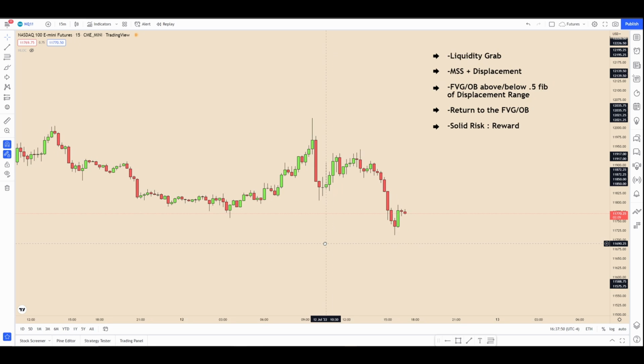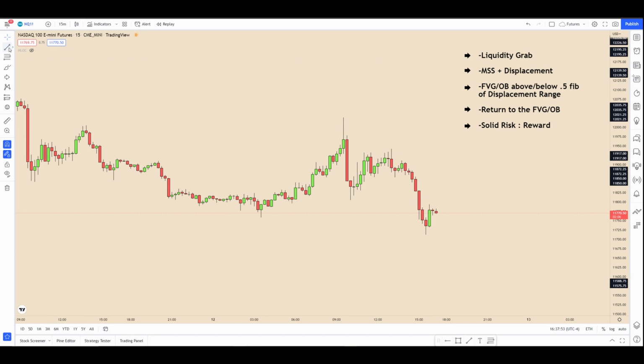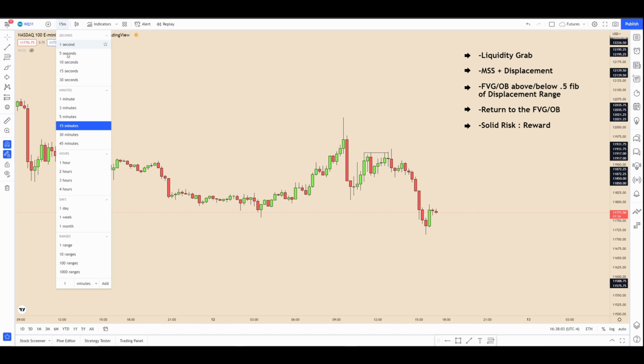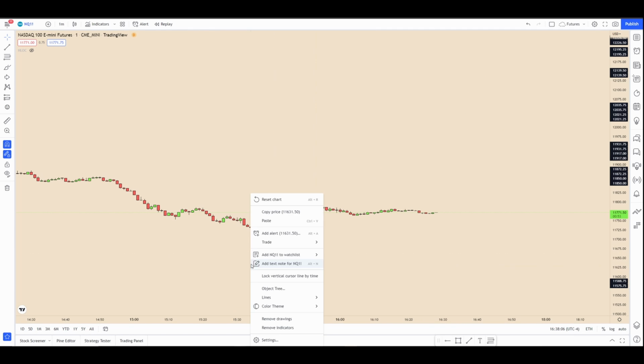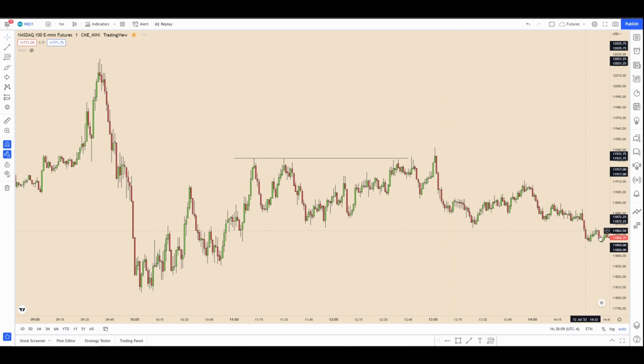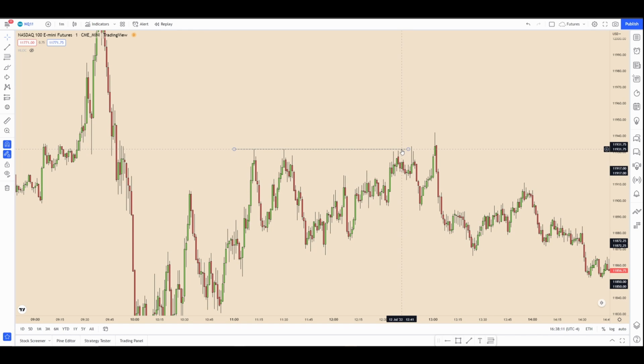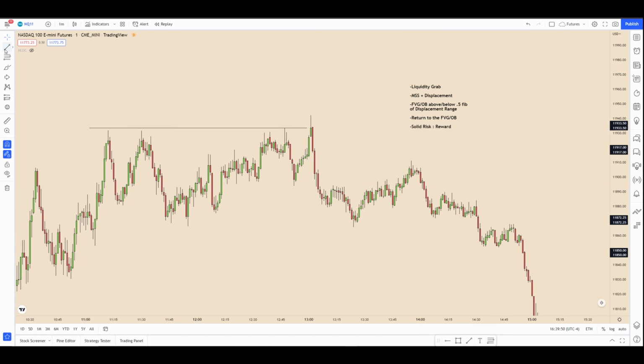So the first thing we want to look for is some sort of liquidity grab. So if we look here, right, you can see we have these equal highs. Liquidity gets taken there, right? So then, now that that is checked off, we can go down to the lower time frames. For this one, I'll use the 1 minute. So you can see, never really took this high here. So just move that up. Right there, it takes the liquidity. We reverse and break this structure right here. And we get displacement, which is a break energetically below these lows, right?